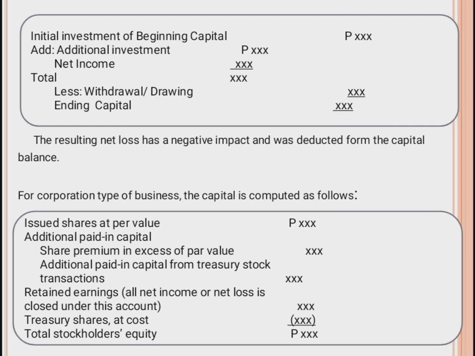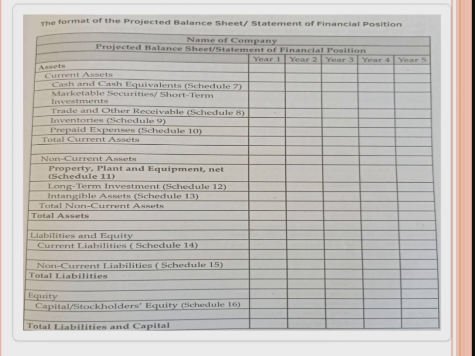It also includes issued shares at fair value, additional paid-in capital, share premium in excess of fair value, etc. As you can see in this figure, this is the format of the projected balance sheet or statement of financial position. It also includes the name of the company, projected balance sheet or statement of financial position, year 1, year 2, year 3,